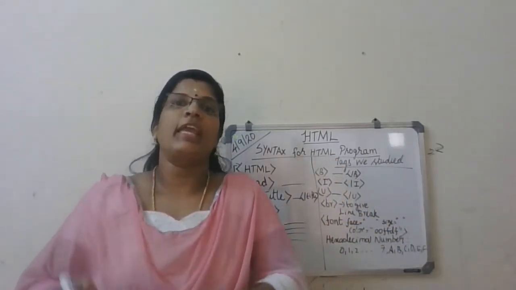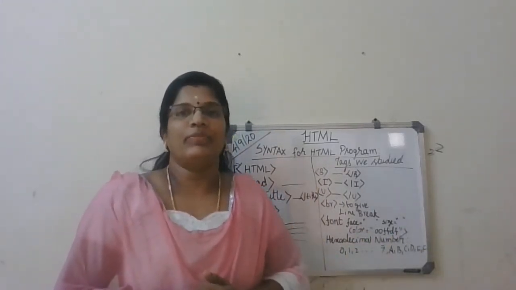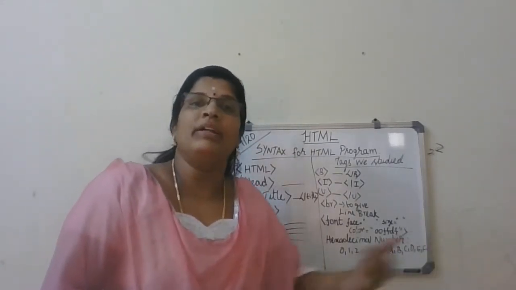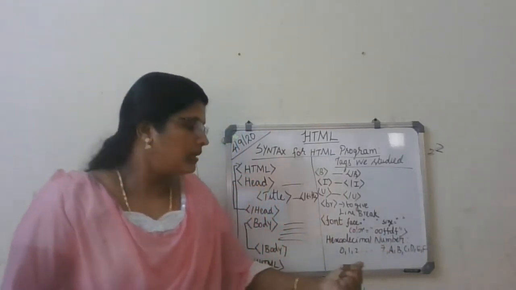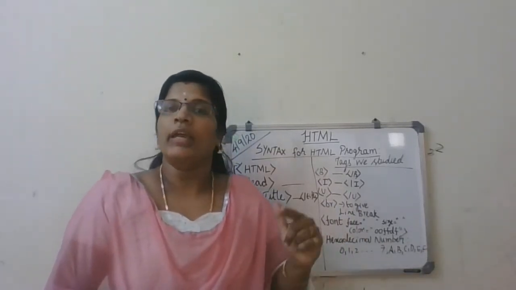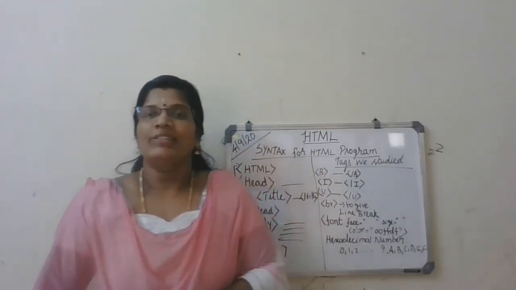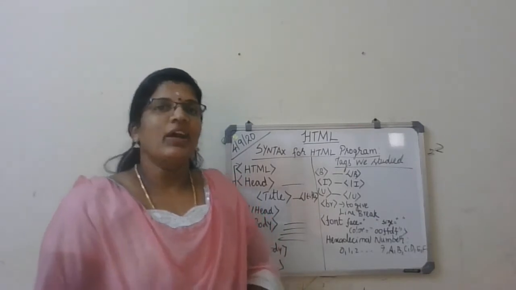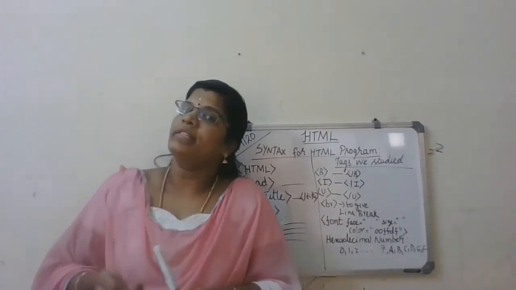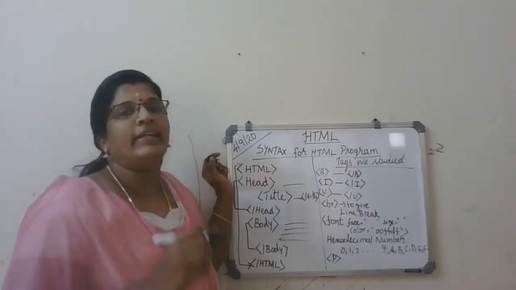Instead of going for the same red, blue, green, white or brown, you can just mix up the colors. Got it? In what way? In a hexadecimal number. Using hexadecimal digits 0 to 9, A to F, you can make a combination of these digits, with a total of 6 digits. Fine. So you can try that also. All right. Okay. So the font tag. Font also has a closing tag, /font. Then we studied the paragraph tag. Right. Then we studied headings.